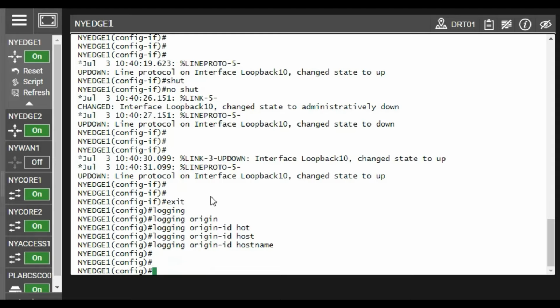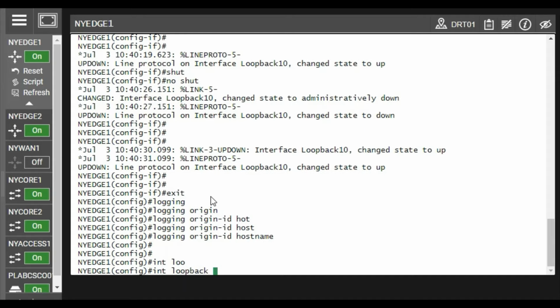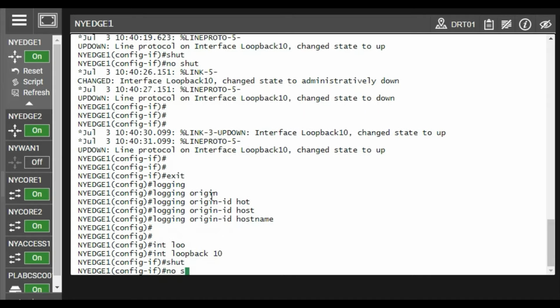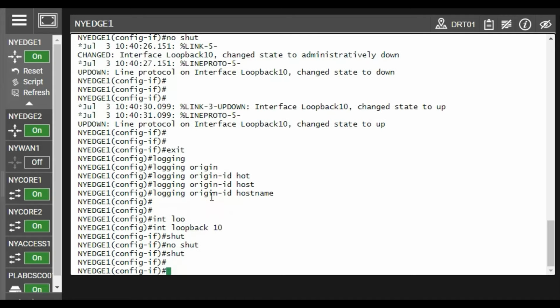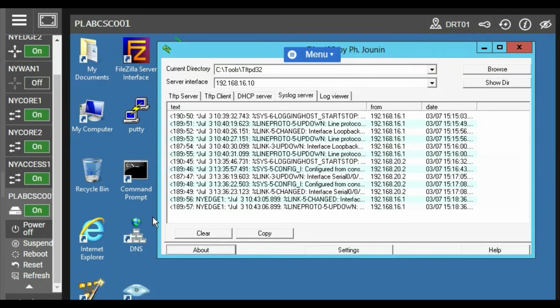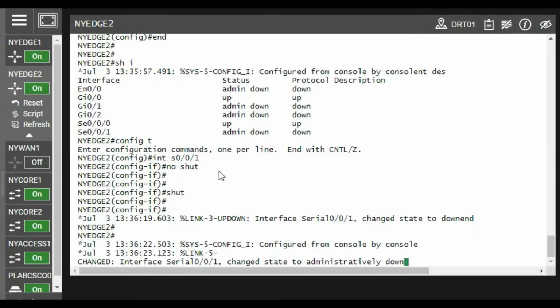Next, generate logs: interface loopback 10, shut, no shut, and go to the server. You can see you got the logs of 192.168.16.1 but with the name of the hostname. So it is quite easy to monitor your network with the hostname. The same configuration you can do on your second router also.